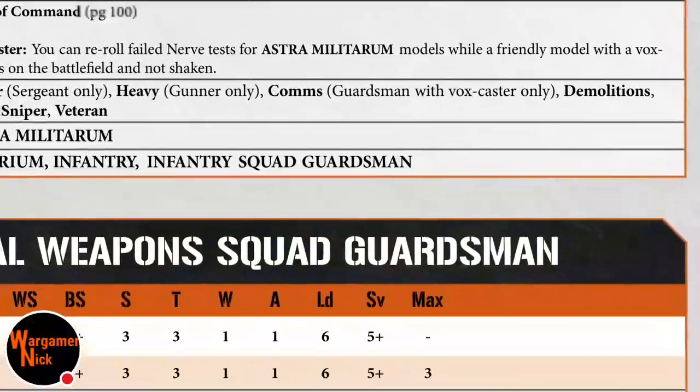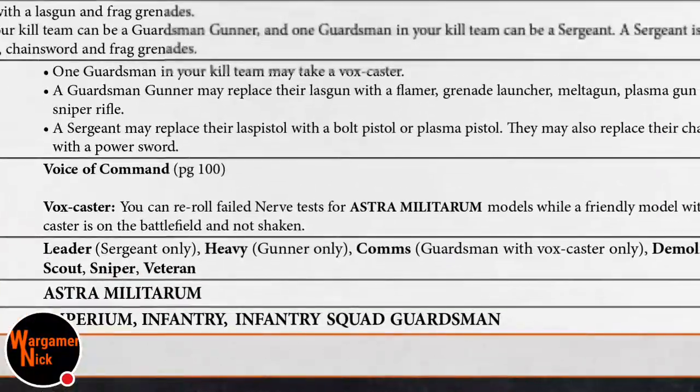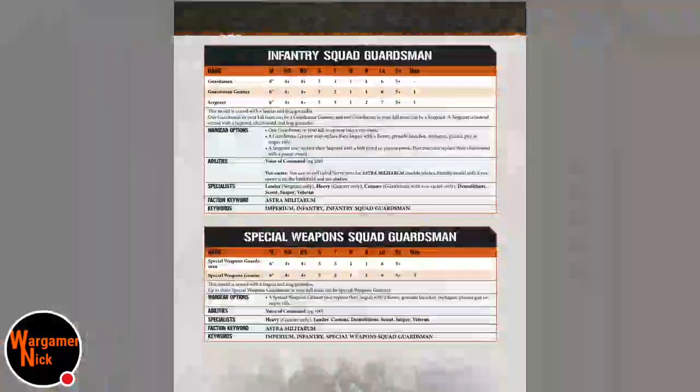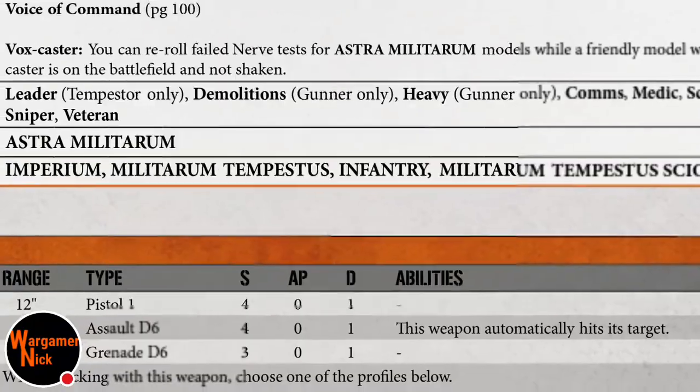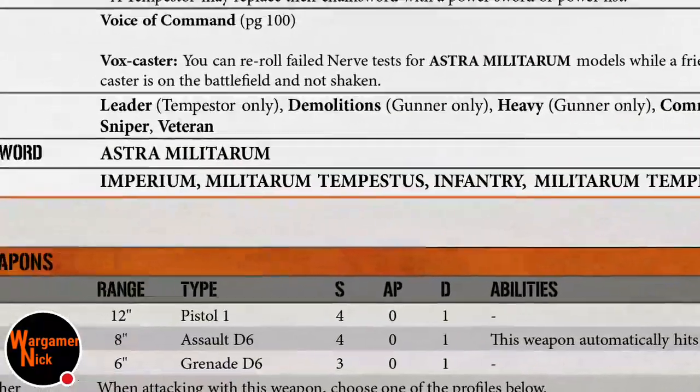Another way to do it is, let's have a look. These guys can be snipers, so you could give it to your standard infantry guardsman, but your Scion gunner can also take this sniper